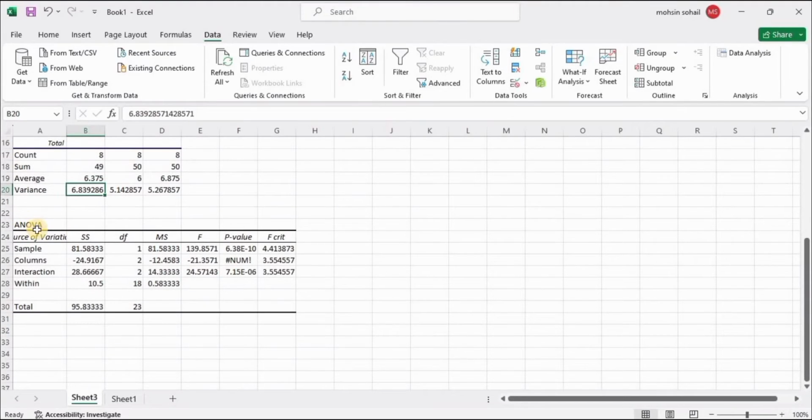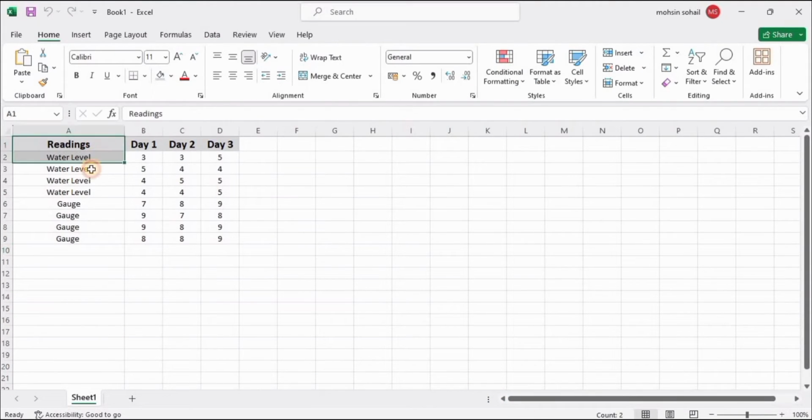This video is about how to calculate two-way ANOVA for this data set. Here we have two different parameters, water level and groups. We have 4 rows for each, and we have calculated these two parameters for 3 days. We have the data for day 1, day 2 and day 3, and we have to calculate the two-way ANOVA